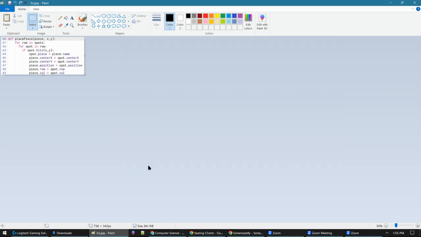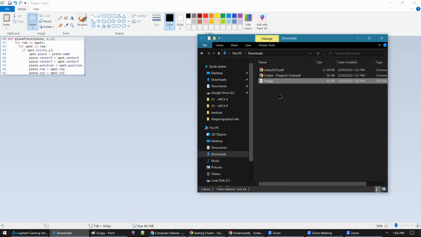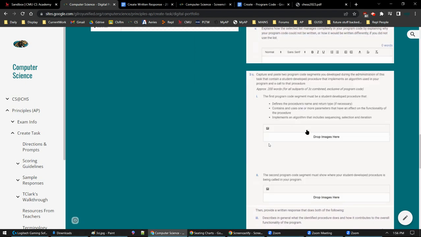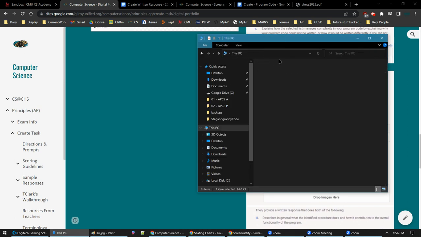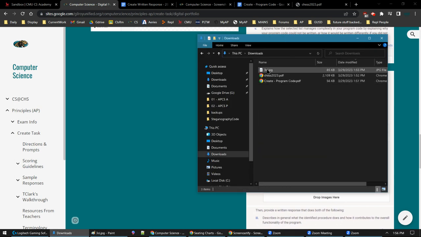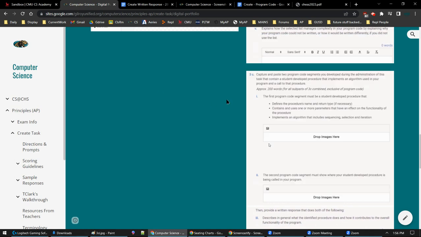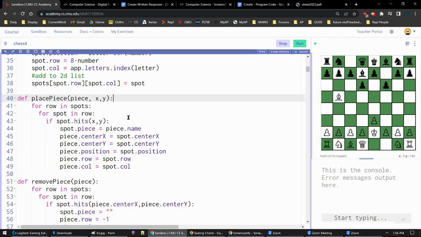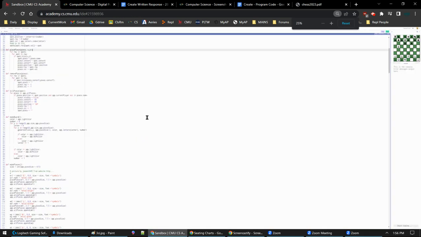And then save it. And then now you have it in your downloads, 3CI, and make sure you upload it to the right spot. So click on the little picture here. And if you click on the picture, it should go to your Windows. And then you can say, okay, I want to go to that downloads folder, and I want 3CI for that. Or again, you could just screenshot it. Make sure you don't screenshot it like this or zoomed out. So I know you guys have good eyesight, but